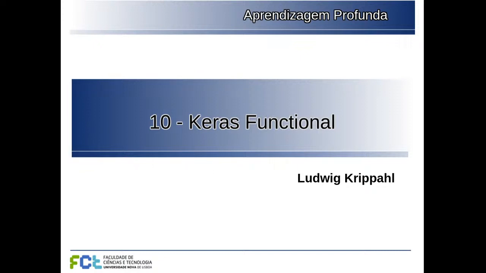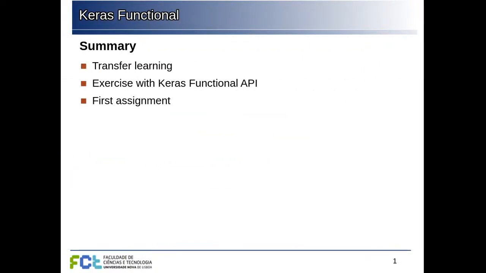So now I'm going to talk a bit about the Keras functional API, and I'm going to use transfer learning as a motivation for that. This will also be the exercise you're going to do today, which is to use the classification network you trained last week for classifying the Fashion-MNIST examples and apply that one to MNIST. So we're going to transfer what the network learned with the Fashion-MNIST images and use that to extract features from